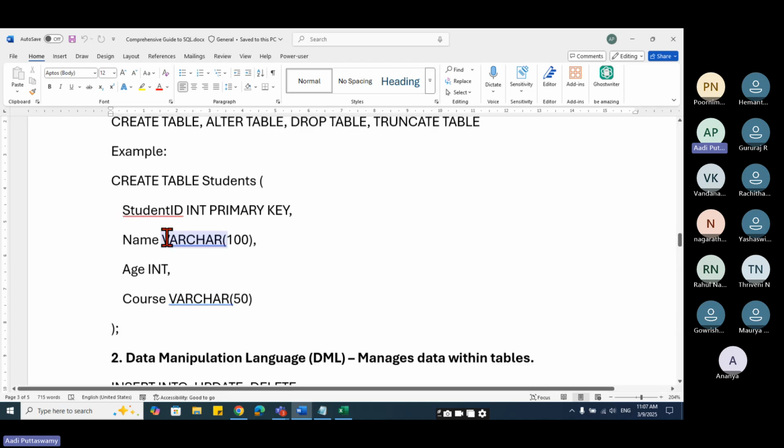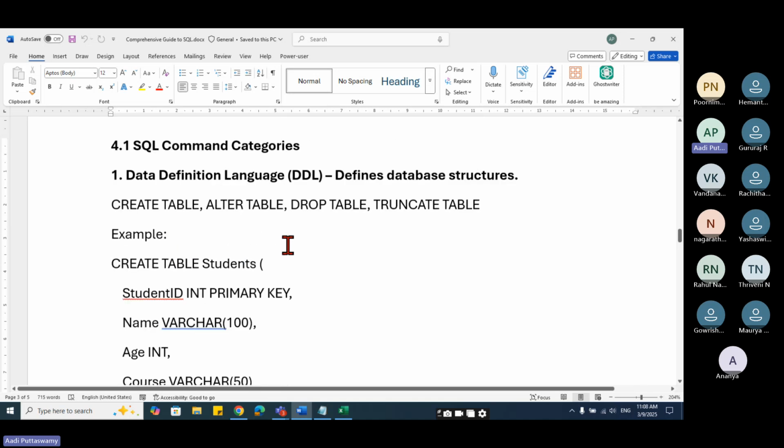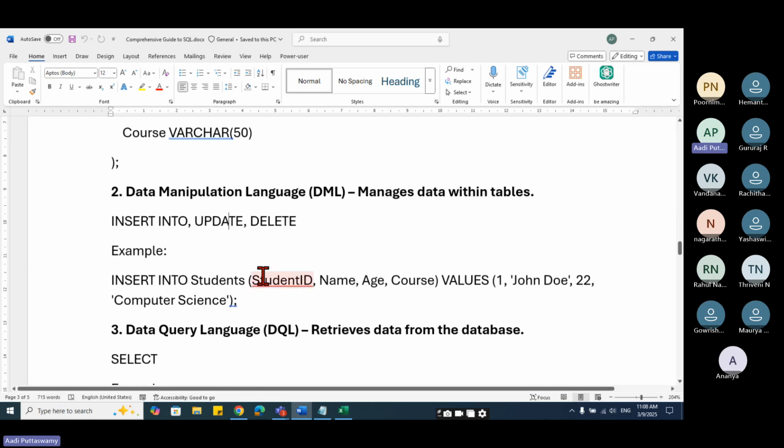Now, if you see here, I say create, alter, drop, and truncate. These are actually the data definition language. Next, data manipulation language. Manipulation language is actually a language of the commands which we use on the data what we have inside